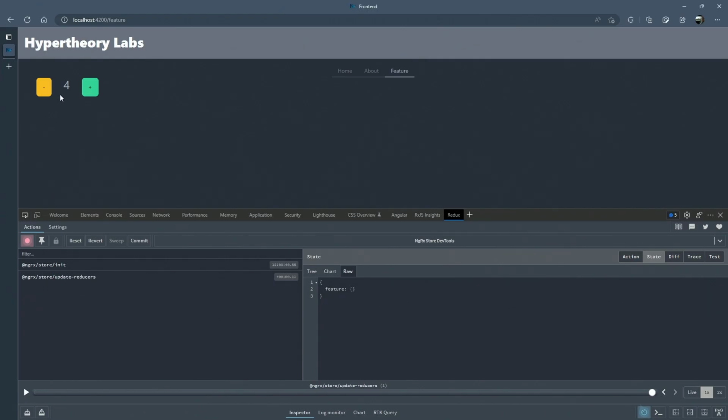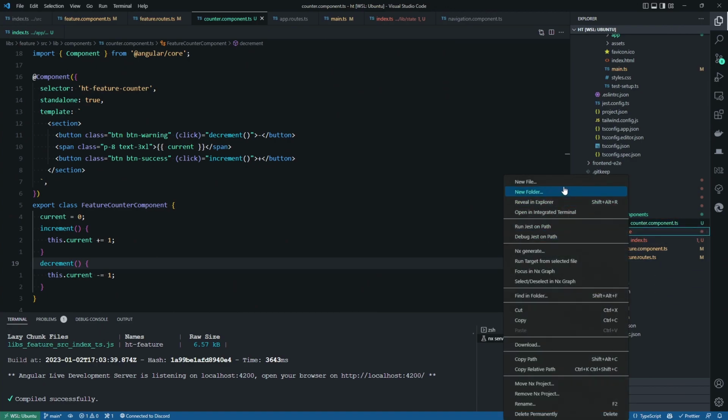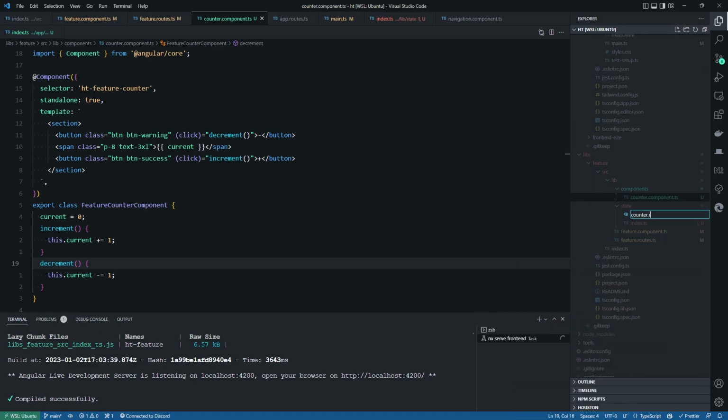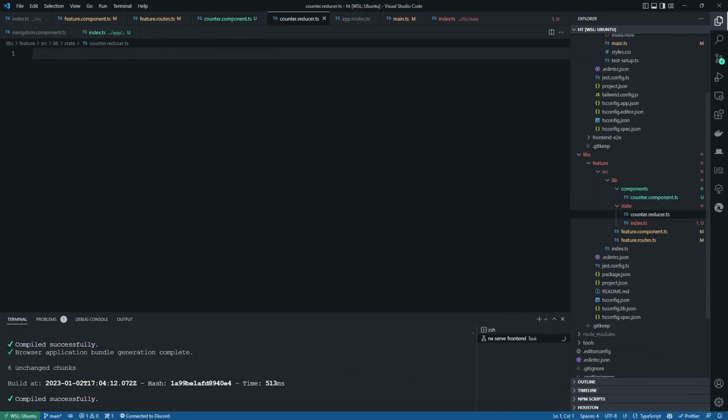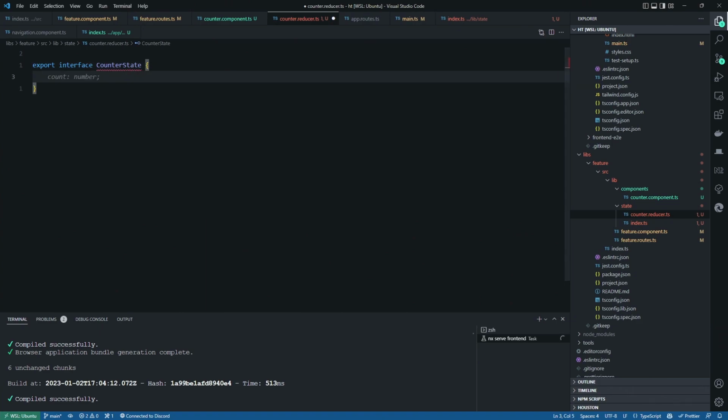First thing will be, we want this to be a selected observable from our store, and we'll create some actions that get dispatched when these two buttons get clicked. So in state here, maybe a new file. I'll call this counterreducer.ts. I use interfaces a lot in Redux and types just about everywhere else. I don't know why, there's no rationale for that, but